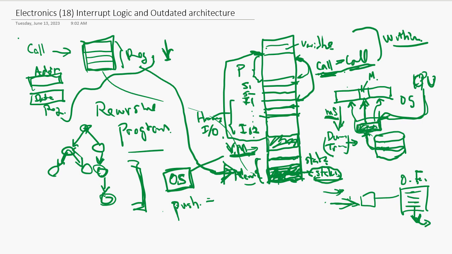And the stack is restored by pop instead of pull. You don't have to pull, it's pop, right? So you put the register data in one by one by push, and the pop is going to get them back one by one. Okay, so this is software doing